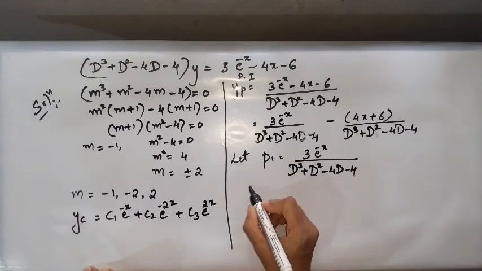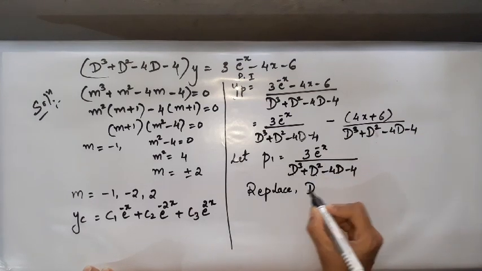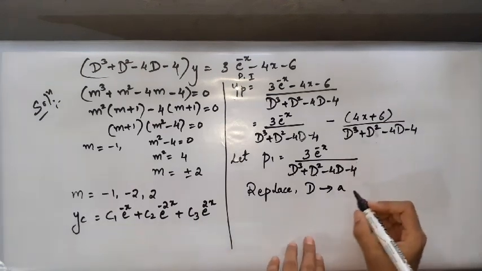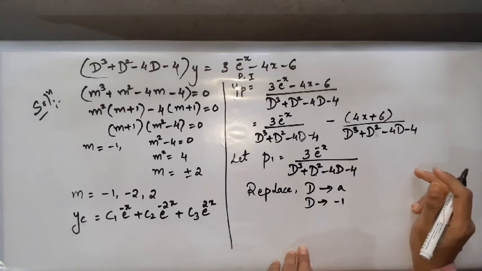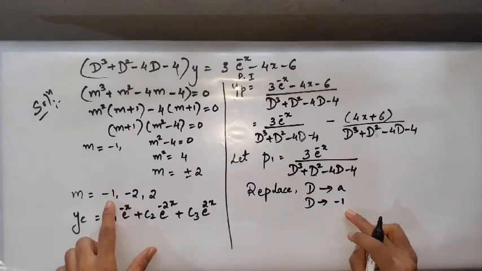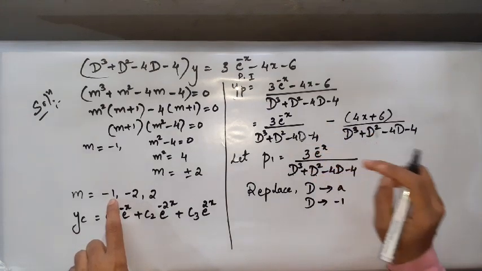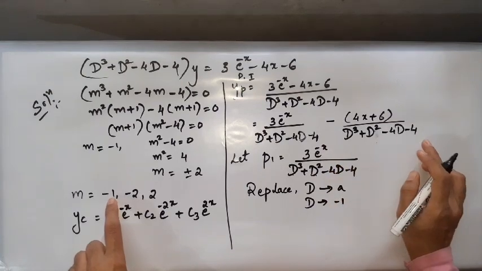So to solve this, you replace d by a. So the value for a here is that d must be replaced by minus 1. But if you put d is equal to minus 1, look at that, you have minus 1 as the root of the auxiliary equation also. This topic I have also cleared in my class. You just observe your roots and observe the quotients while solving for yp.